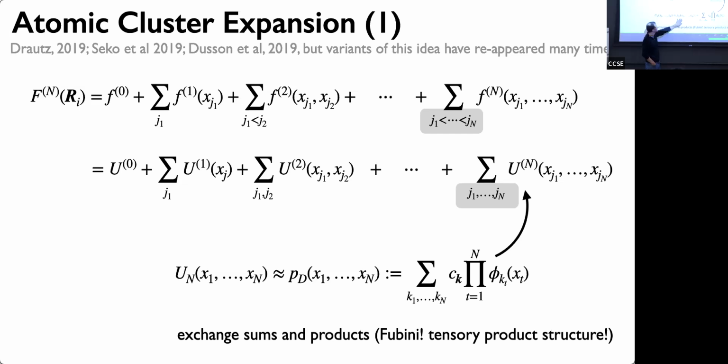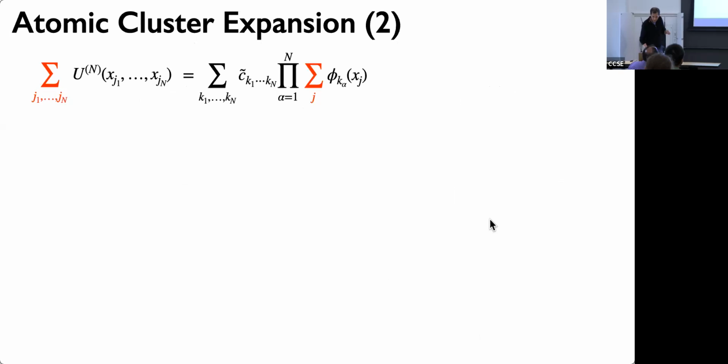I approximate this u by some, it could be a polynomial. It doesn't actually have to be, right? So then here's my tensor product basis. This is a basis that parameterizes single particle functions. This tensor product space parameterizes many particle functions. And that summation over tensor product domain interacts very well with that tensor product basis. And you exchange sums and products back and forth and back and forth. And you end up with